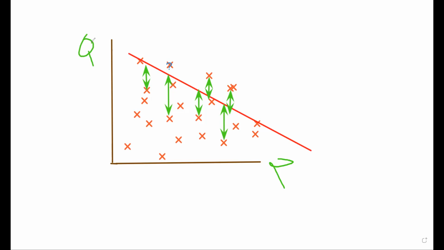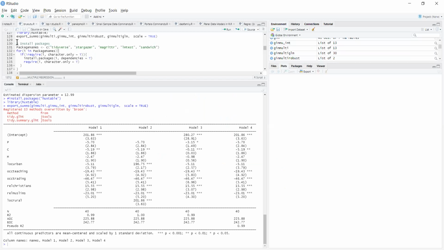One of the assumptions of regression is that the expected value of the errors should be what? Should be zero. That's one of the assumptions. The expected value of the errors should be zero. Now we want to verify this with our data set. So let's go to the R. Before we do that, you plug in